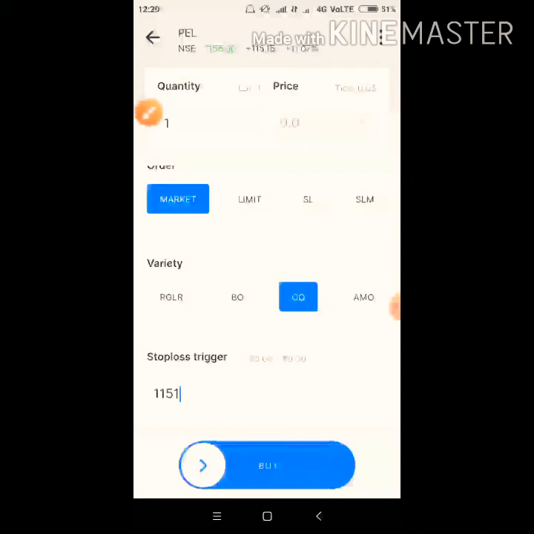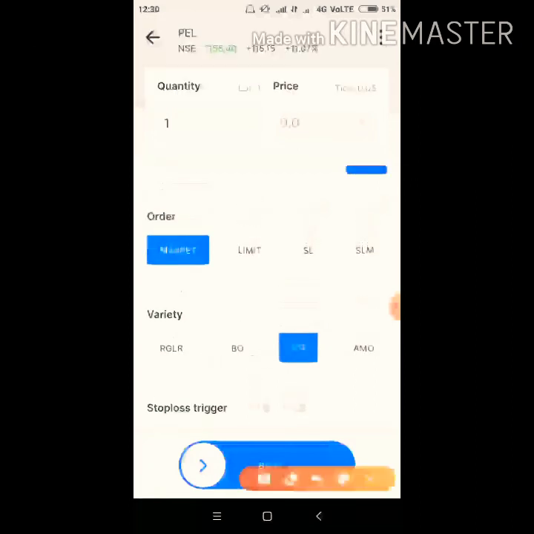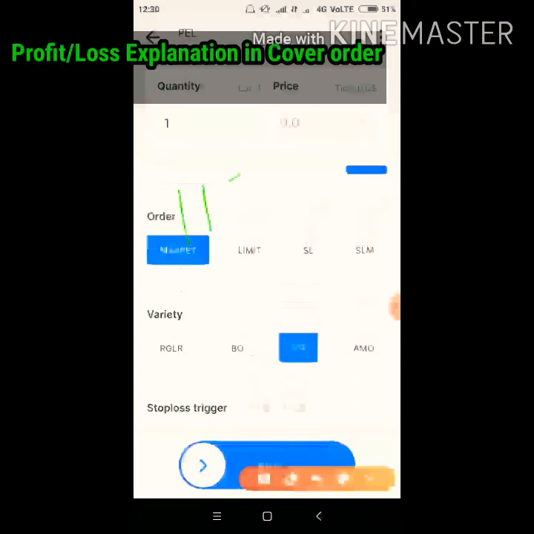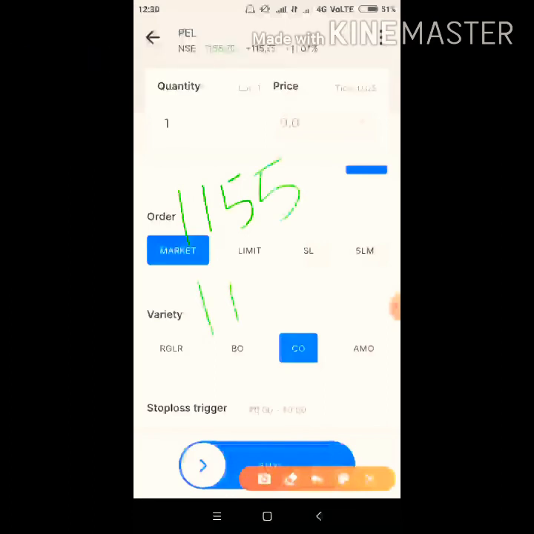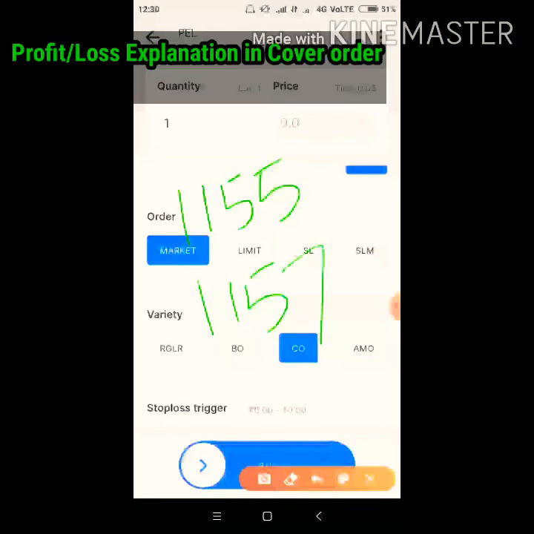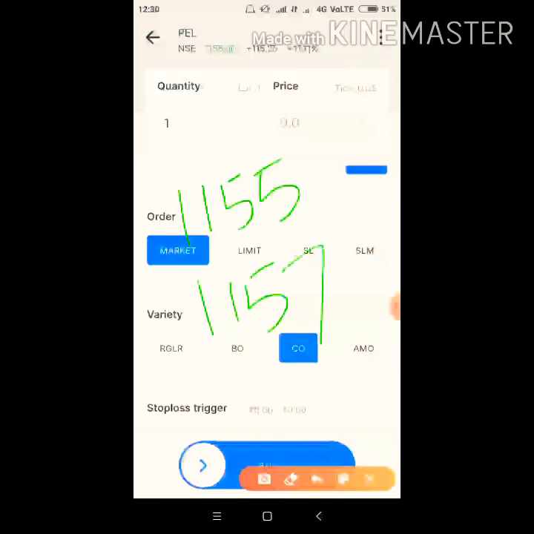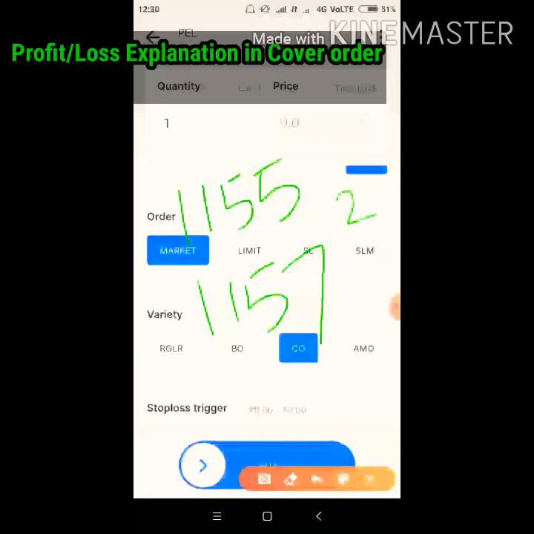Right now the price of the stock is at 1151. Okay, so right now the stock price is at 1155. Suppose after some time the stock price reaches 1157, it means I have a profit of how many rupees? I have a profit of 2 rupees. So in this way, if the stock price goes up,